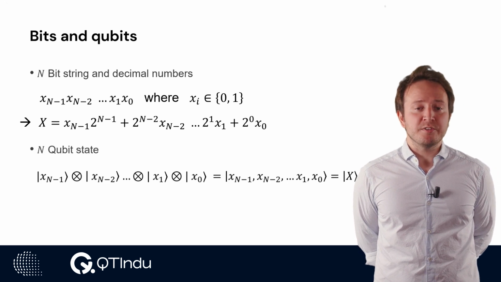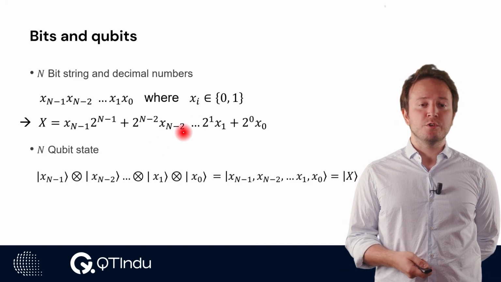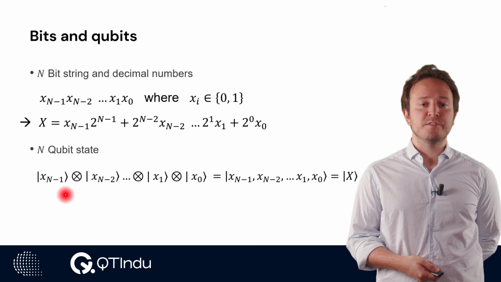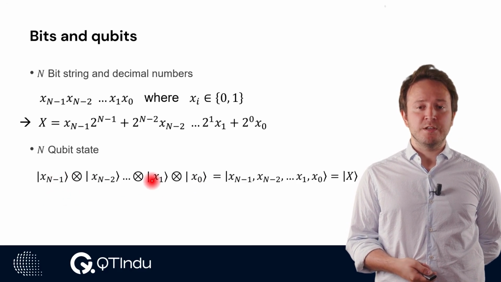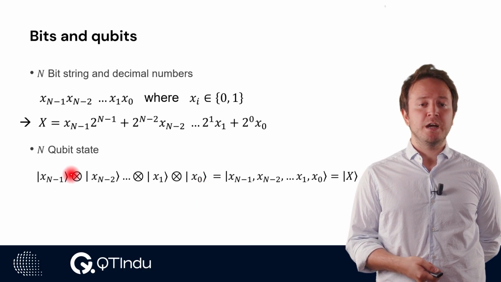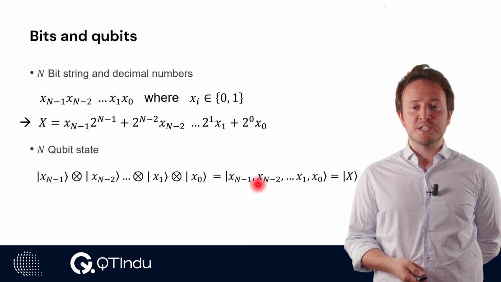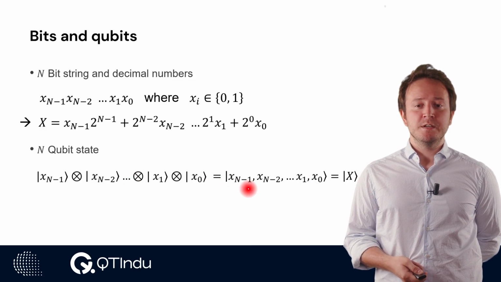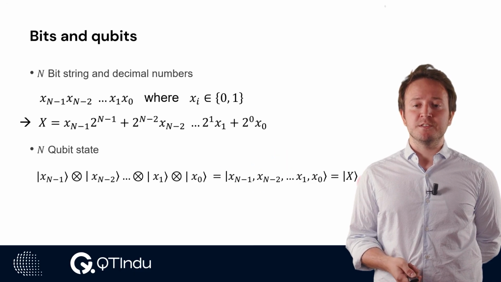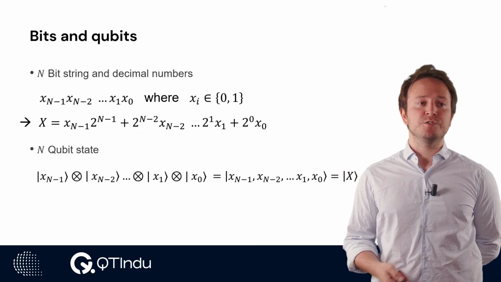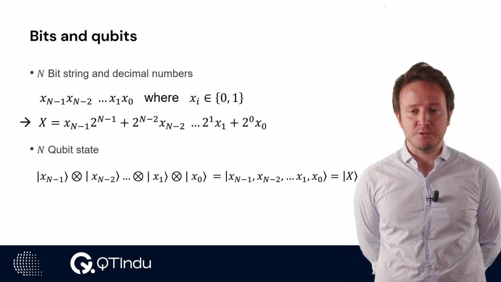Likewise, an n-qubit state can be described as a tensor product of qubit states. So in particular, we can consider an n-qubit state. Throughout this course, we will be using the shorthand notation where we neglect to write the tensor product, and we just compress everything into a single string. Sometimes we will also use the notation where the string is represented as a decimal number, using the capital X notation in the vector state here.